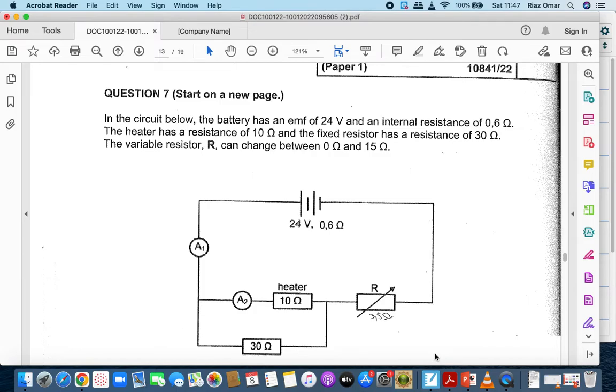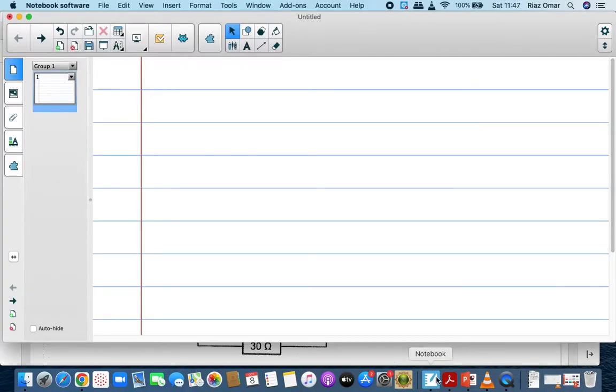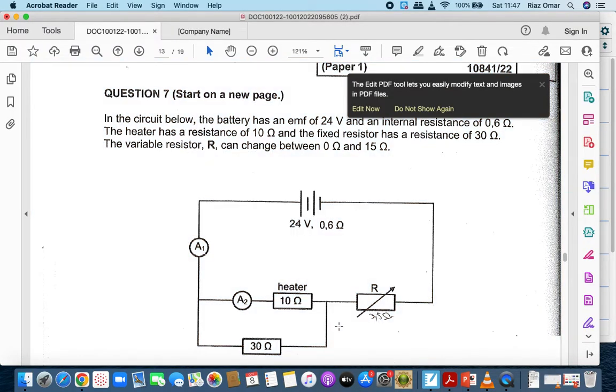We'll continue with question 7 of our prelim paper of 2022. So let's write down question 7. So let's look at our paper. In the circuit below,